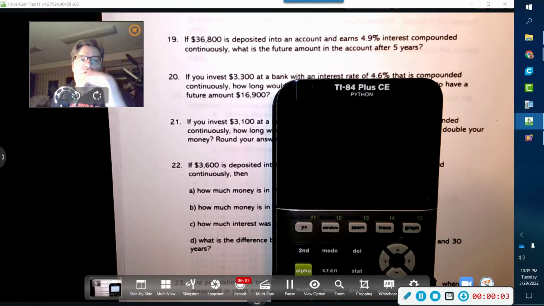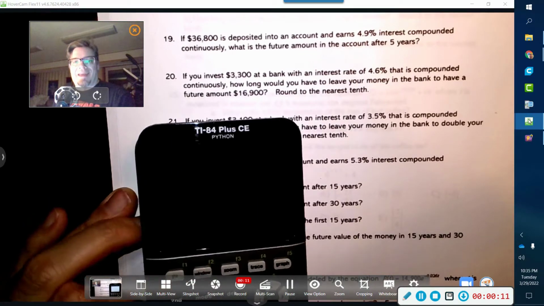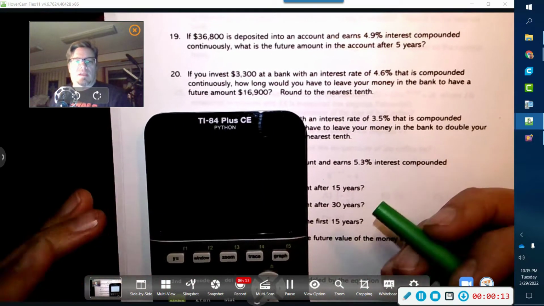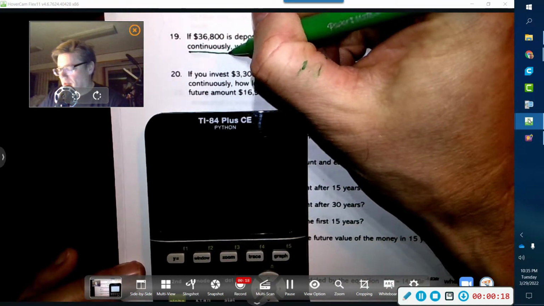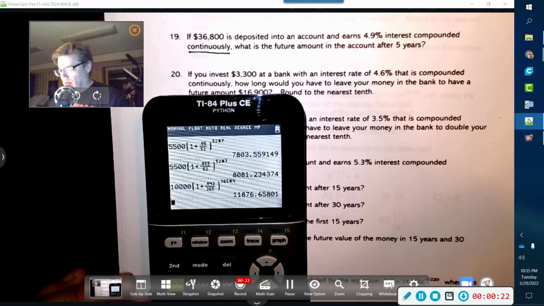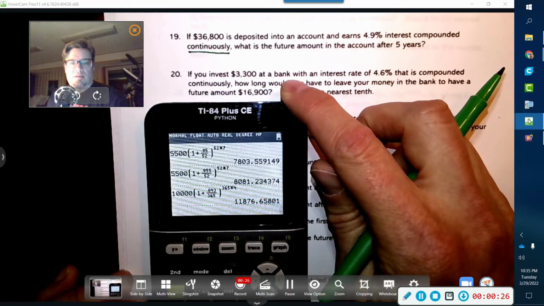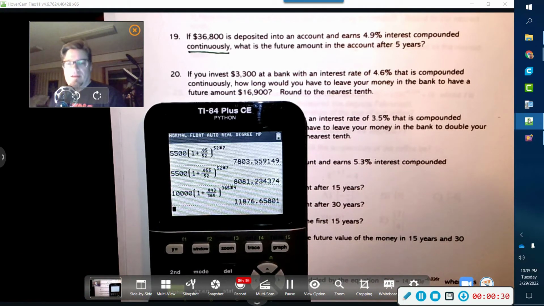19, if $36,800 is deposited into an account and earns 4.9% interest compounded continuously. Okay, so here's where it changes, and this one is the PERT formula because it's continuously. So just keep that in mind. Don't forget. Continuously is basically doing this many times. You could consider it billions of times, but it basically forms a limit to one number,